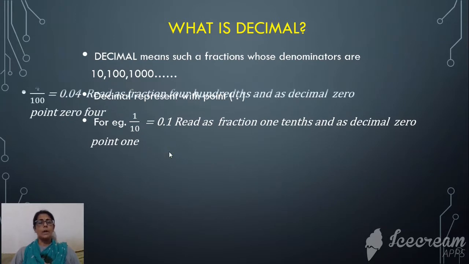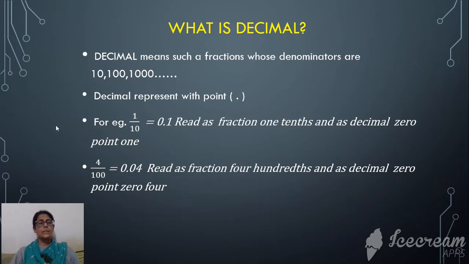Now we'll check with another example. Say for example 4/100. Here you can check in the denominator how many zeros are there? Two zeros, right? So numerator we have to write and then we have to place a decimal dot before the 2 digit, right? So in the fraction we can read as 4 hundredths. What we have to read? 4 hundredths. And in the decimal we can read this as 0.04. 0.04, right?